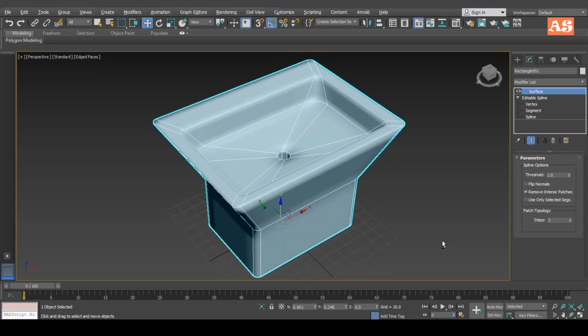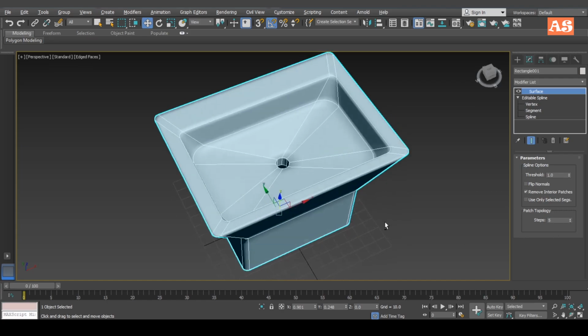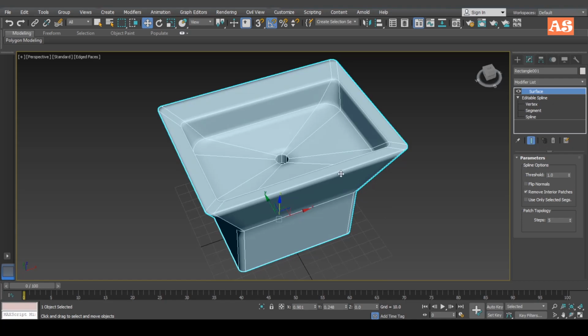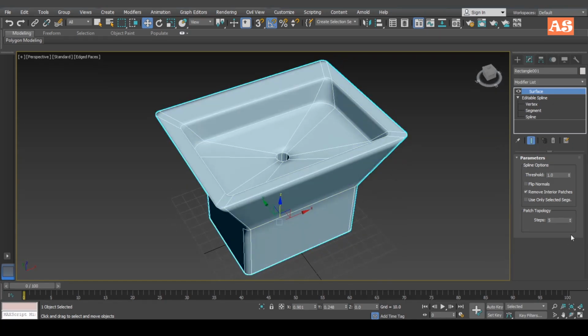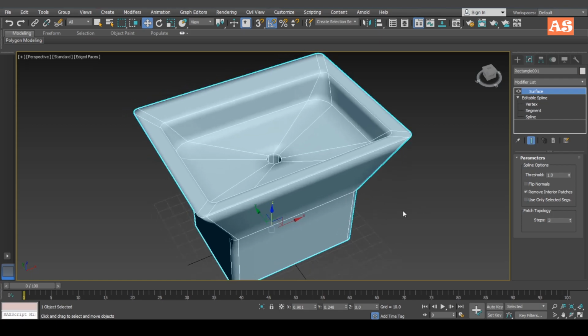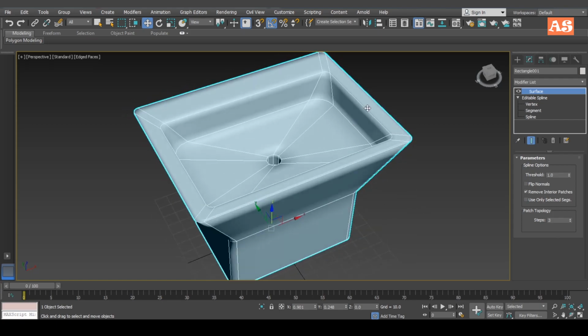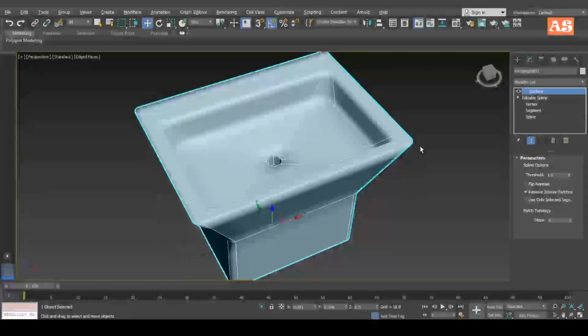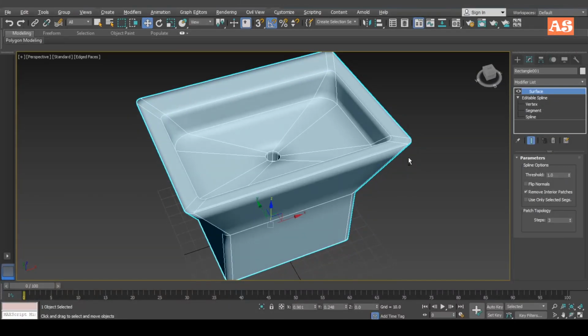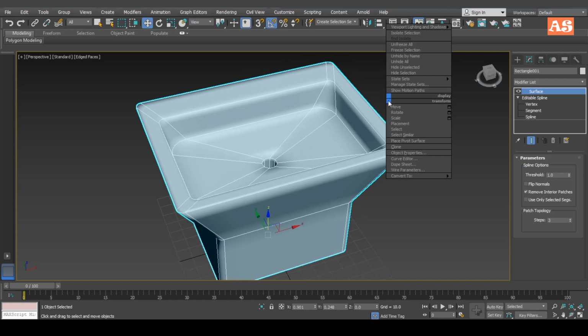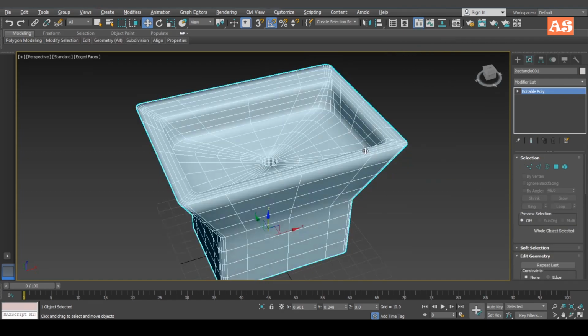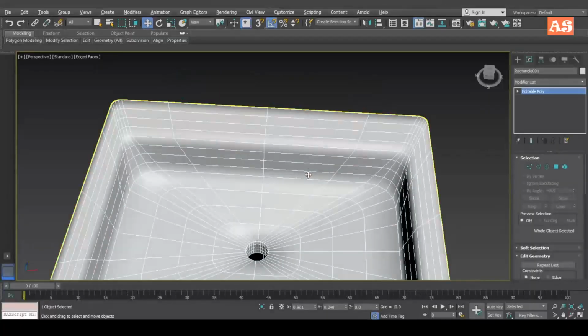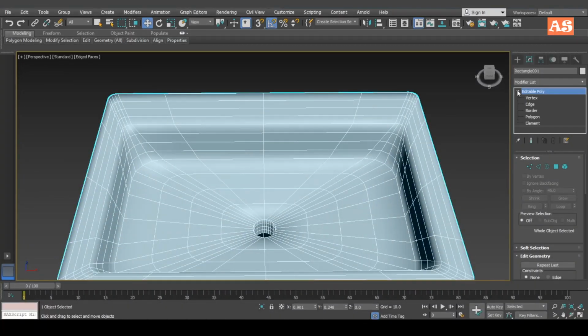Okay, if I increase the number of steps, it will increase the smoothness in my object, and if I decrease it, then it will decrease the amount of smoothness in my object. Then after this, I am going to convert it into editable poly. Now our object has been created.